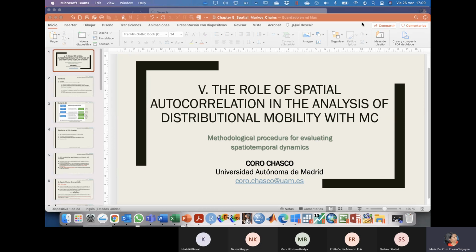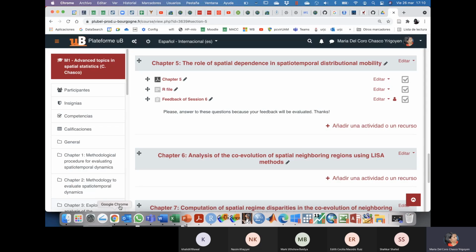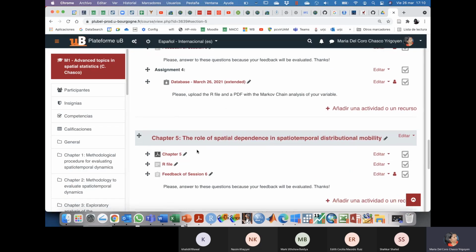I'm trying to open the file as much as possible. Well, I've only prepared for today the part that has to do with spatial autocorrelation. If you remember, if we go to Moodle, I think it is still as I wrote it in the beginning. Yeah, I changed the title in chapter 5 to only talk about this specific role of spatial